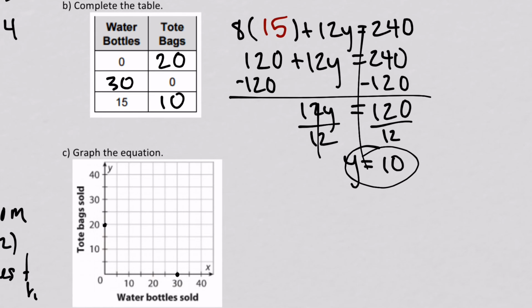Next, (15, 10). Okay, 15 water bottles. It's going to be here, and 10 tote bags is going to be right there. And there it is. There's my graph. I'm going to connect them right there. Any point on that line represents the number of water bottles and tote bags that I can sell